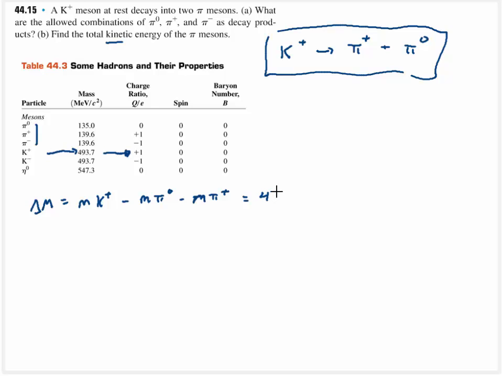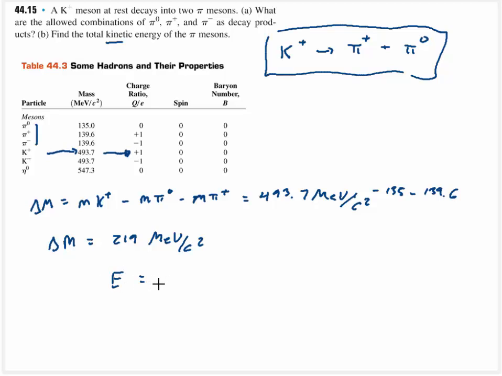We can read off the mass differences: 493.7 mega electron volts per c squared, minus 135 mega electron volts per c squared, minus 139.6, also mega electron volts per c squared, and therefore our mass difference is going to be equal to 219 mega electron volts per c squared, and then E is equal to mc squared tells us the energy that these guys are going to have is going to be 219.1